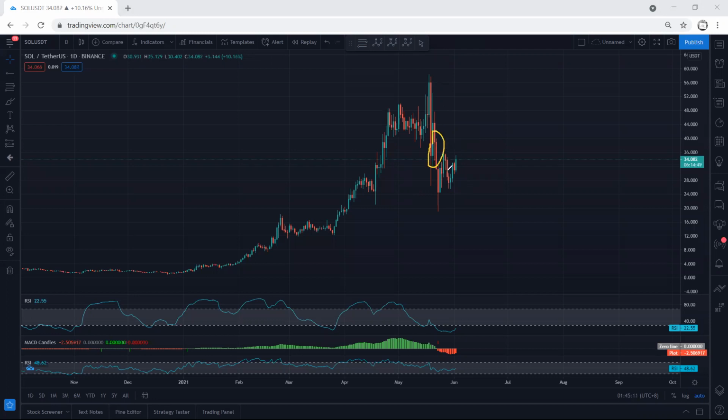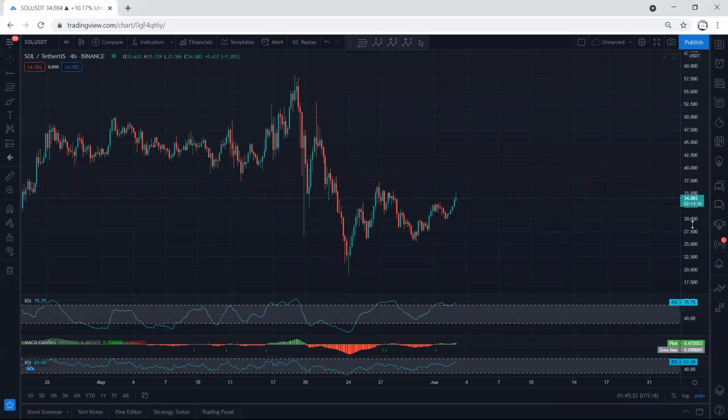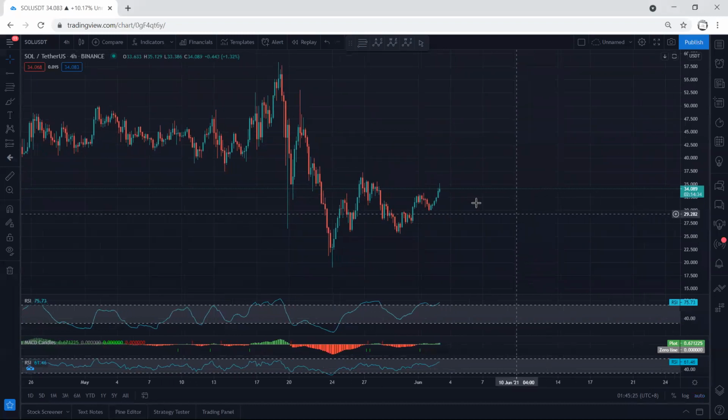Anyway, we want to see whether we can look for continuation or not. The only thing is how we can look for a trade, because based on the daily chart we don't have any trade setup. In this case, we move to the 4 hour chart, and right now, as you can see,